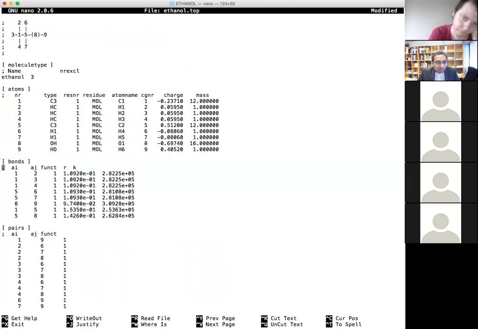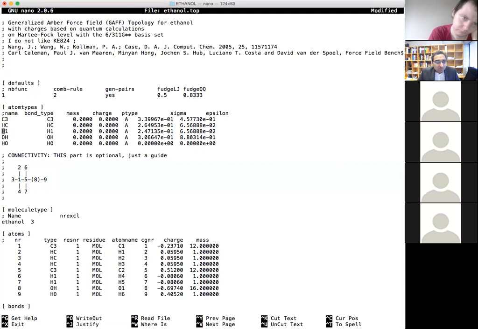Then we tell GROMACS, in this case your simulation program, what is the molecule we are looking at. In this case, we are looking at ethanol. This could be any name. You can type your name here. It does not matter at all. It is just a name. And then there is something called number of exclusions. And this also we will talk about a little bit later. Okay, we don't need to worry about it now. Are there any questions so far? No. Okay.